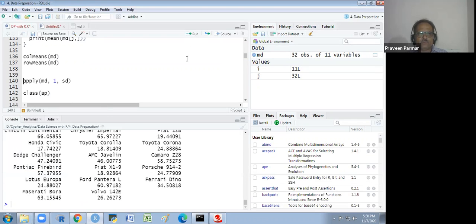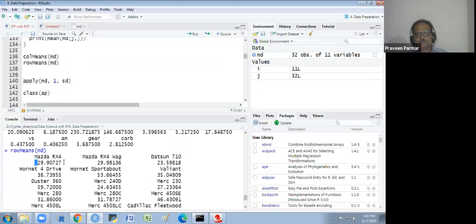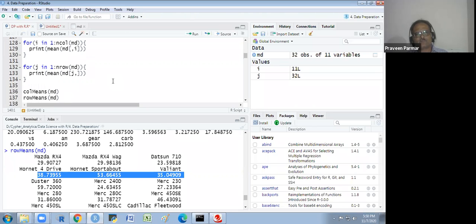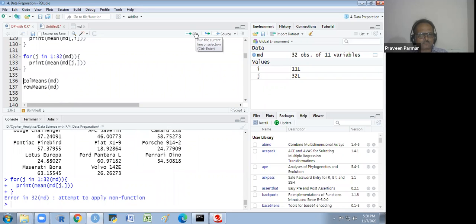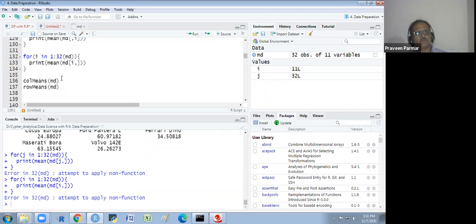With rowMeans, if you want the means of rows, you will get the means of all rows. So we are getting row means through it, and we are not using the for loop here.